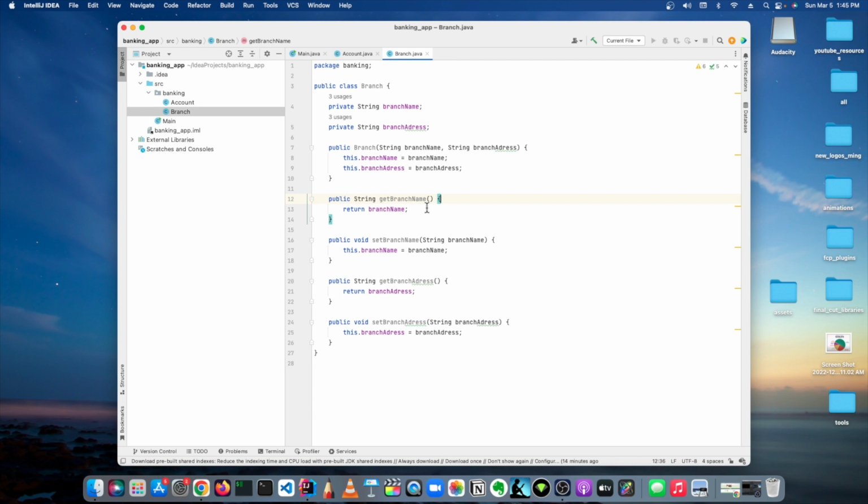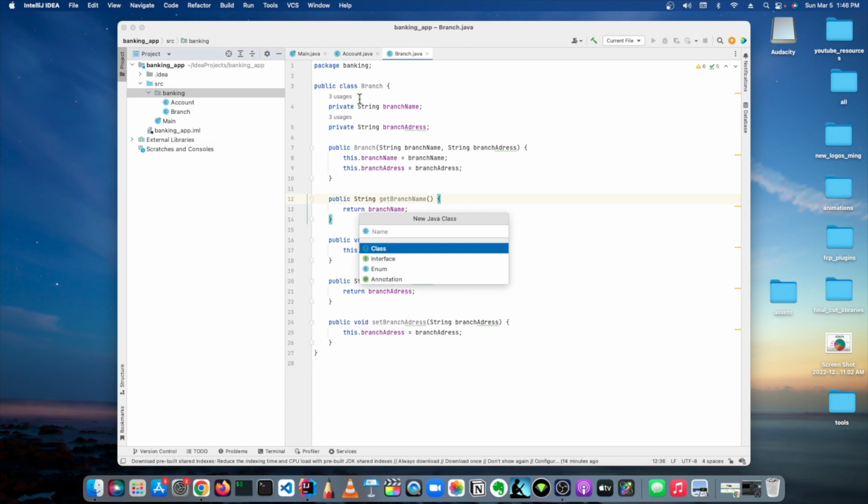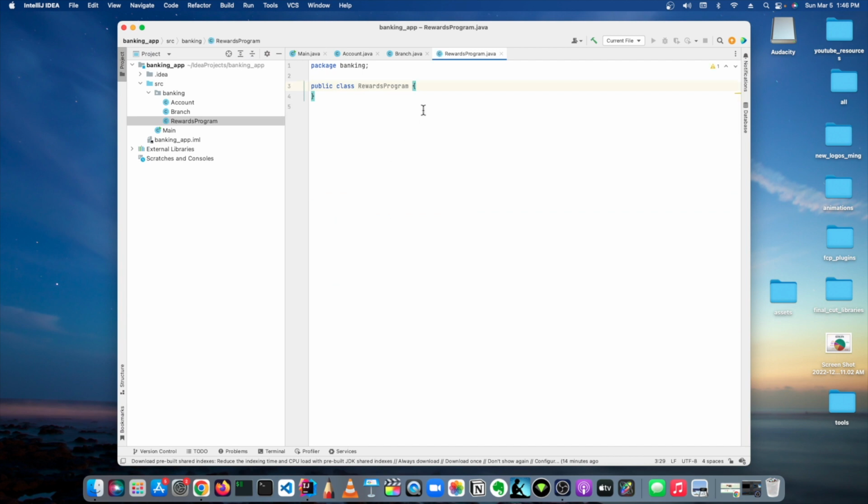So the last class we're going to create is the rewards program. So let's go back to that banking package, and then we're going to say new, and then Java class, and then rewards program. Create that within the banking package, and we're going to run through this really quick here. So we're going to have our private int points,